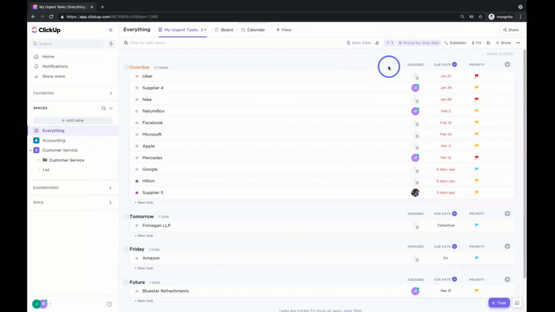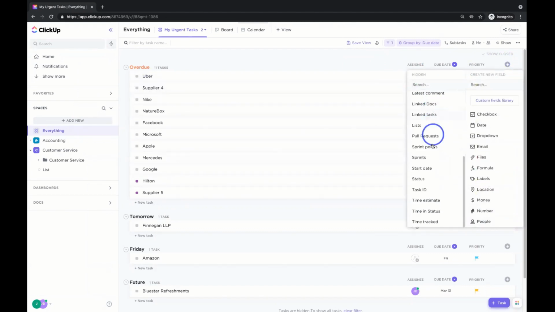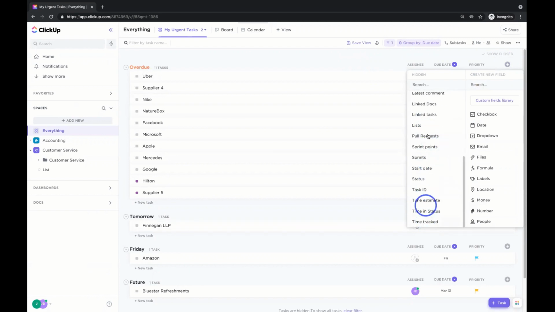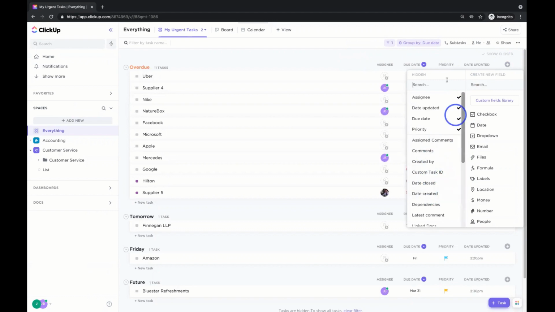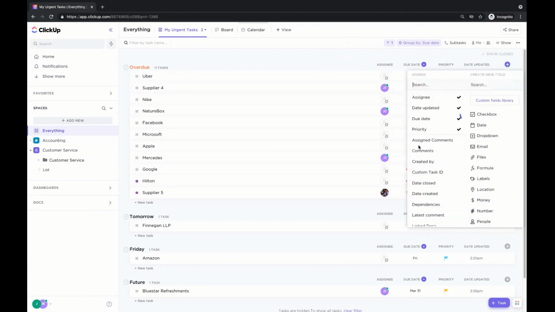Additionally, something else we might want to do here, folks, are those custom fields we were talking about, right? We might want to see our custom fields. Here's the plus button on the right-hand side, right? We can make visible any custom fields, or any fields that are already on tasks, very easily. Here on the left-hand side, we can select a field. We might want to see the date those tasks were last updated. And you can see here, I've now added that field.